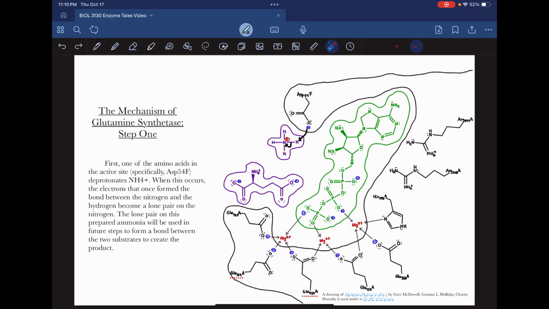The mechanism of glutamine synthetase, step 1. First, one of the amino acids in the active site, specifically aspartic acid 54F, deprotonates NH4+. When this occurs,